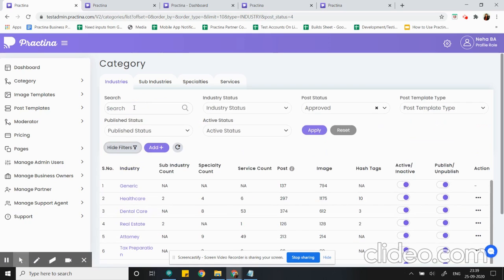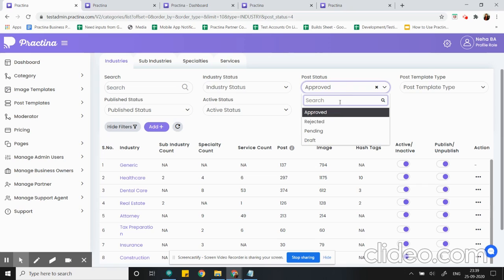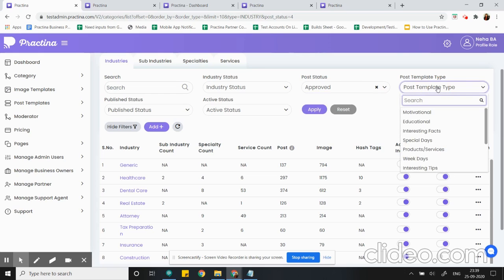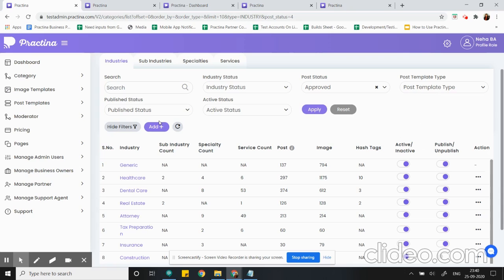You can apply filters based on the keyword, industry status, whether it's active or inactive, approved, rejected or pending, and the post statuses, like under which industry how many approved, pending and rejected posts there are. Then the post template types which have been created under these industries, and another status for the industry type.